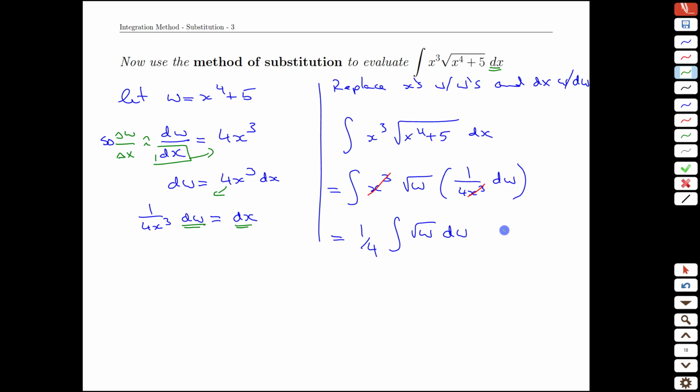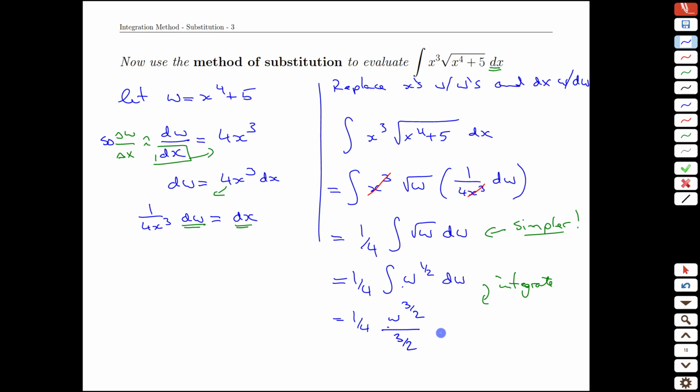And notice what we have now. We still have an integral to solve, but it is much, much, much simpler than the original. We've made major strides in getting a new integral, and in particular one that we can express pretty easily as a power, and then we can actually integrate this or find an antiderivative. We have a w to the 1/2. We know the rules that it is add 1 to the power, divide by the new power, and tack a